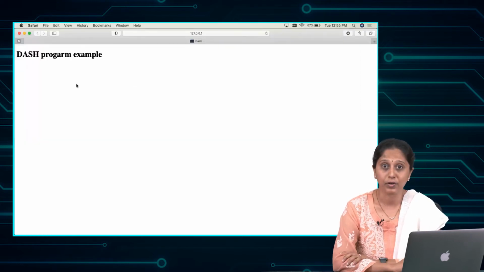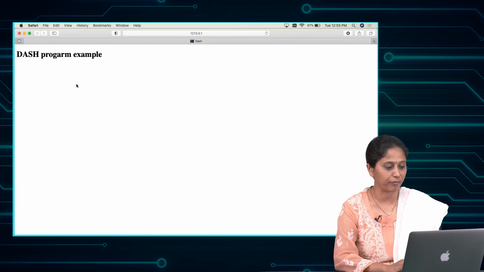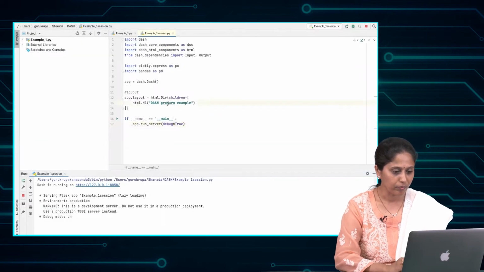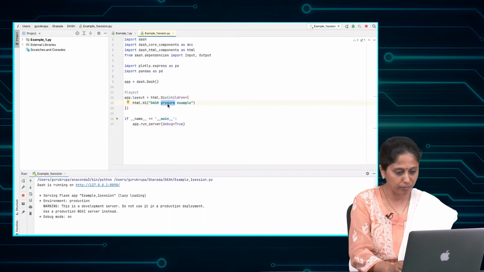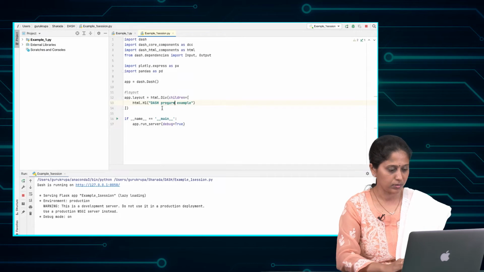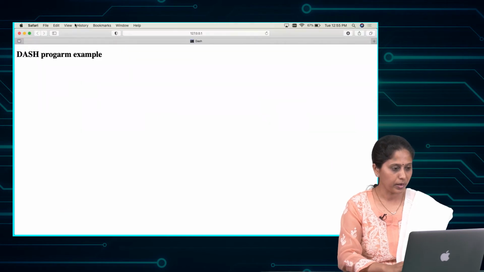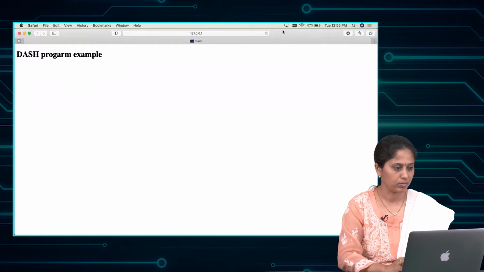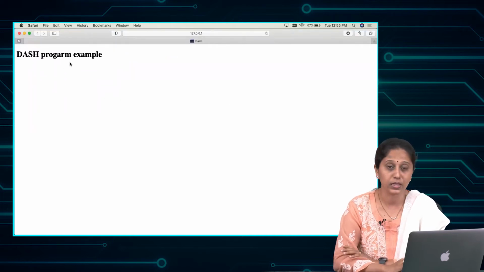The code is live now, and if you change anything in your file and save and reload the URL, the changes would be reflected. For example, I have made a mistake while giving the name. So let me change it, save it and reload this, and you can see the changes are reflected.